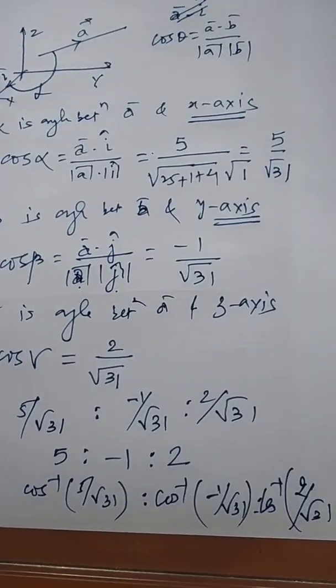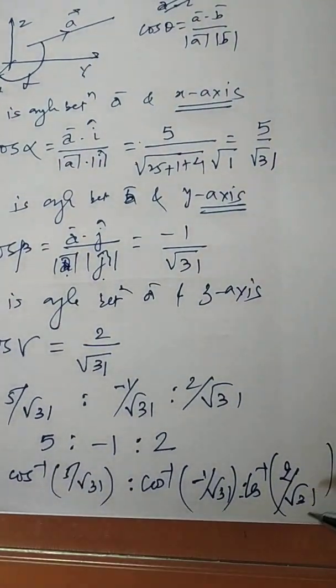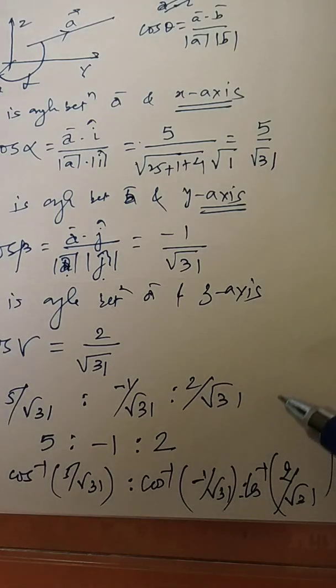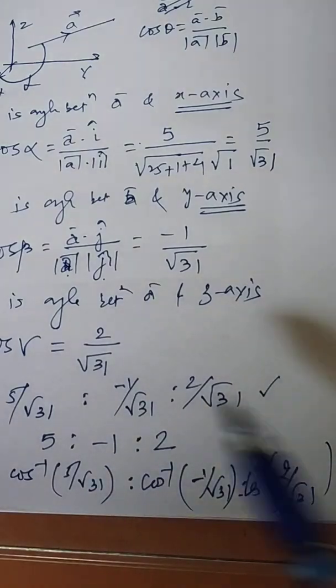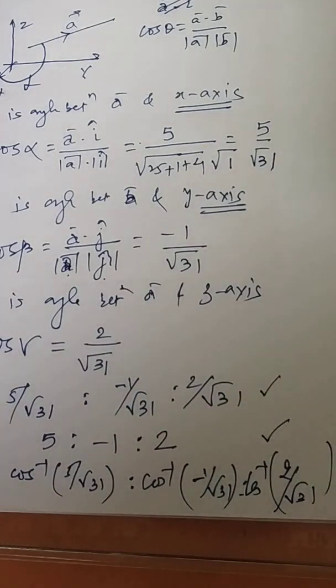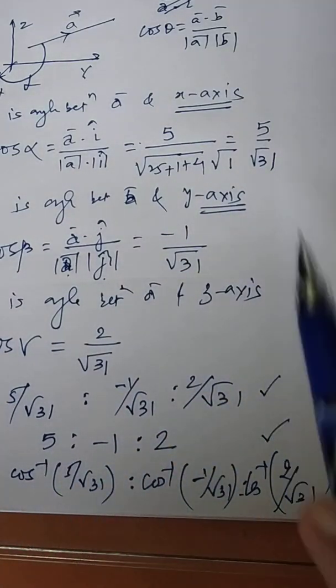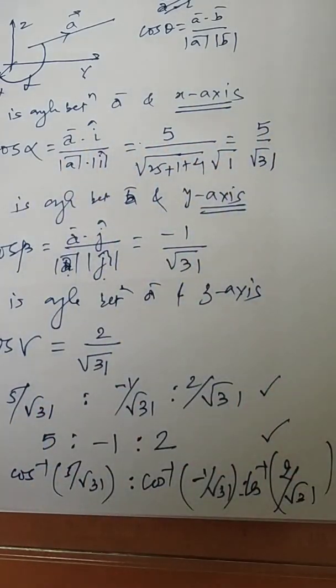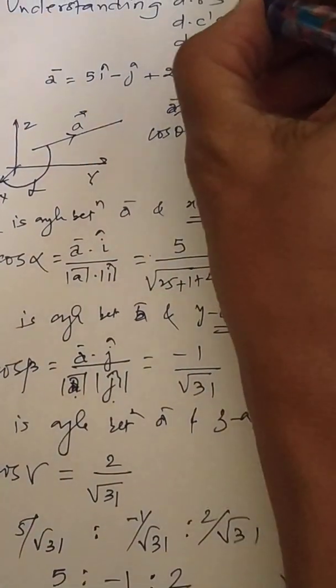This is nothing but the direction ratios. Look here, the terminology comes in the reverse order. First we get what? Direction cosines. If you simplify, then you will get direction ratios. And for direction angles, cos of alpha is this, so alpha is cos inverse of this. So this is a way of understanding these three terms: direction ratios, direction cosines and direction angles.